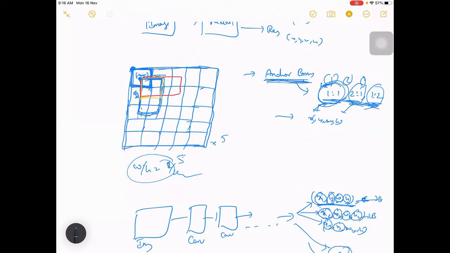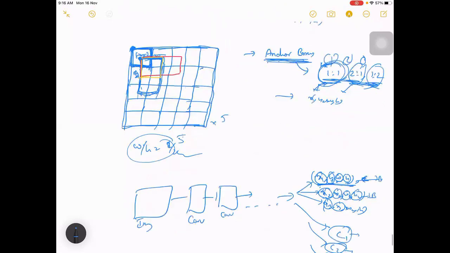So for each grid we propose boxes like this, like this, like this. We can put as many anchors as you want, maybe one more anchor with ratio 3:1 or 1:3, so it can be horizontal or vertical, right?